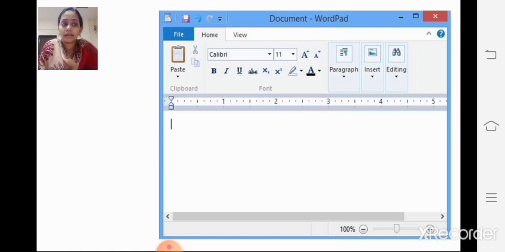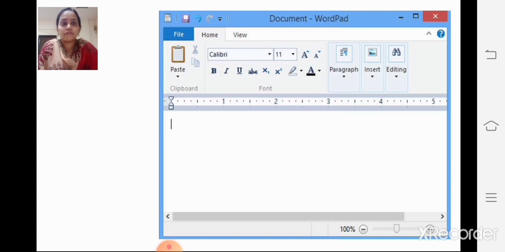So, unlike Notepad, WordPad documents include rich formatting and graphics. What is that? Graphics. You can insert pictures. Okay, the picture which is there in your computer, that also you can add in your WordPad document.